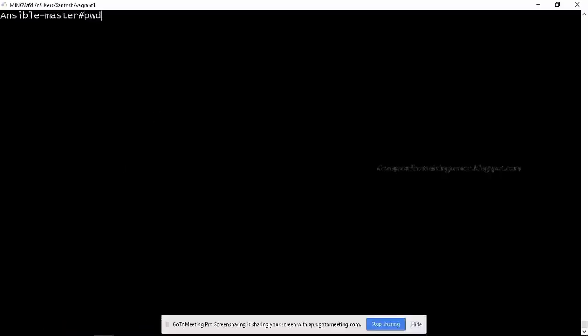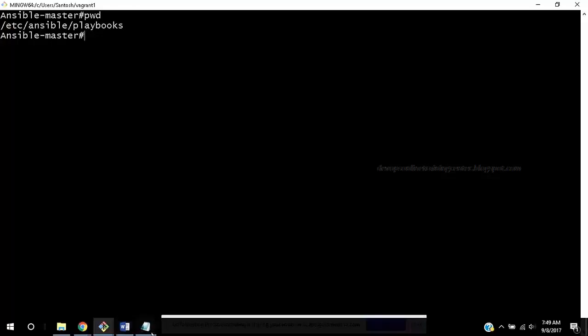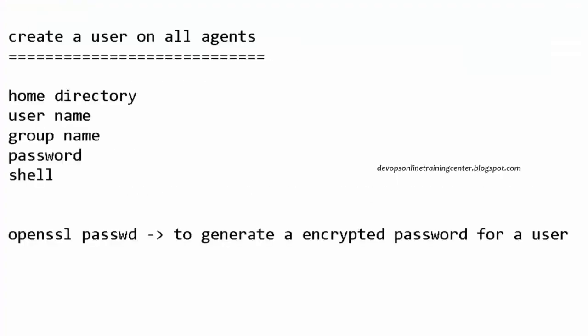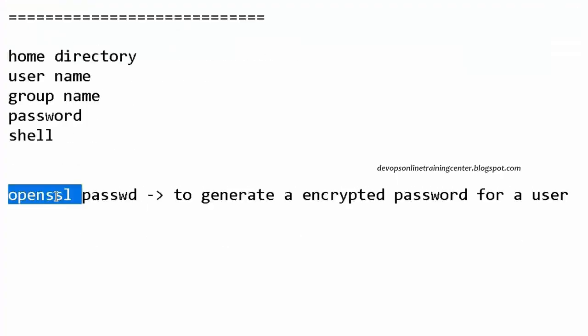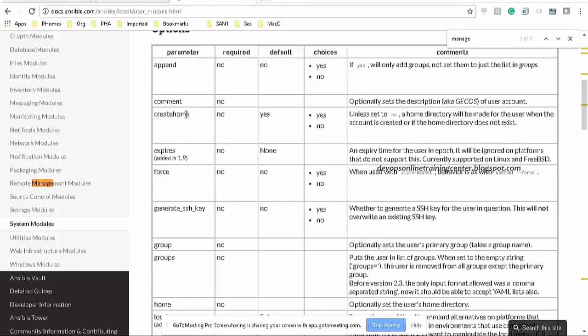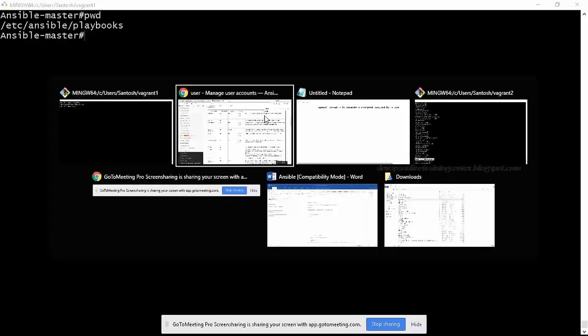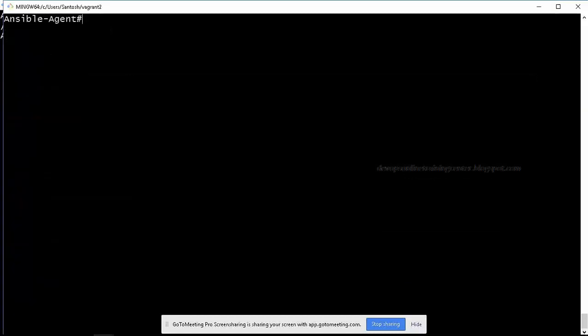Another concept is something called handlers. You remember openssl passwd is the command to generate the encrypted password. By default we create the user, but there has to be a home directory created for the user. To create the home directory, we have to give create_home equal to yes, right? Let us see, it says create_home equal to yes is the default. Let us see if the user's home directory is created. What is the home directory we have given?